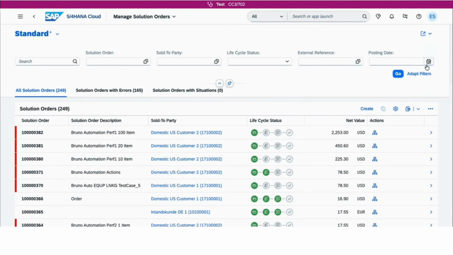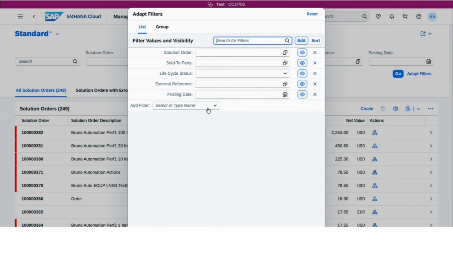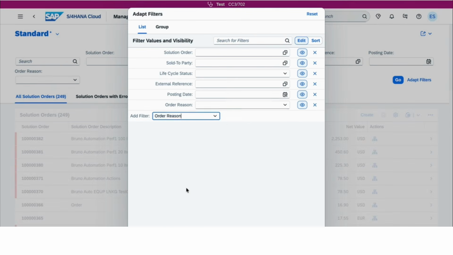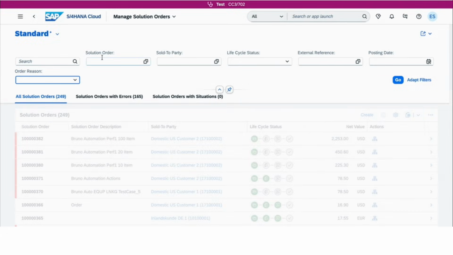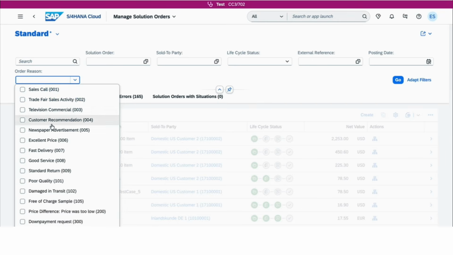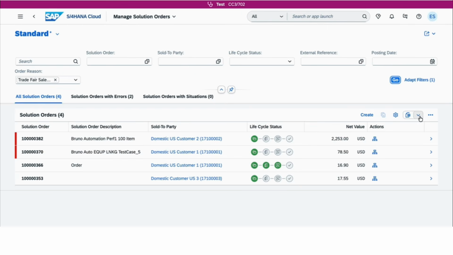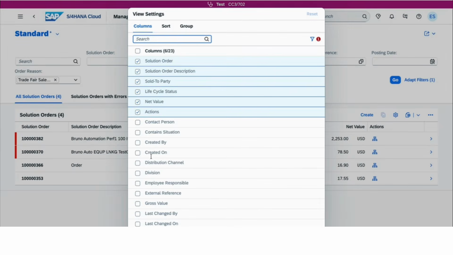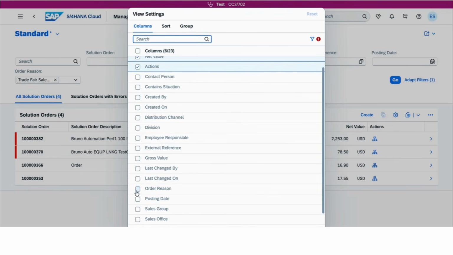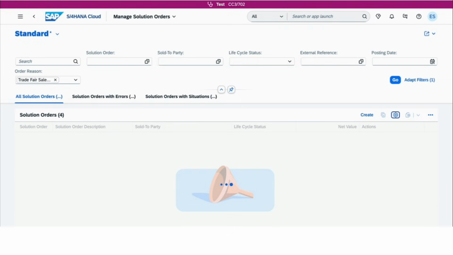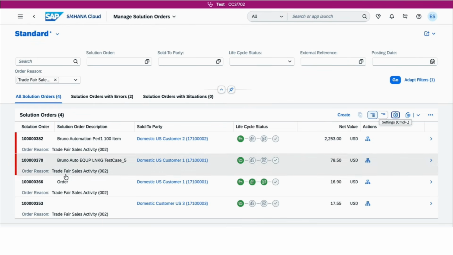With Release 2608, order reason becomes a native header field on the solution order, providing greater control and consistency throughout the sales process. Key users can define and configure order reasons using the SSC UI, specify them directly on the solution order through the UI or API, and assign defaults where appropriate. The selected order reason is automatically replicated to the follow-up sales order through orchestration, ensuring consistent downstream processing and reporting